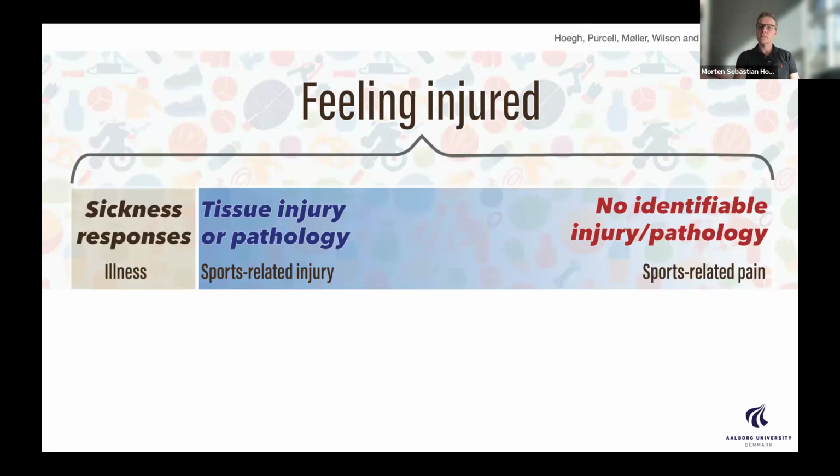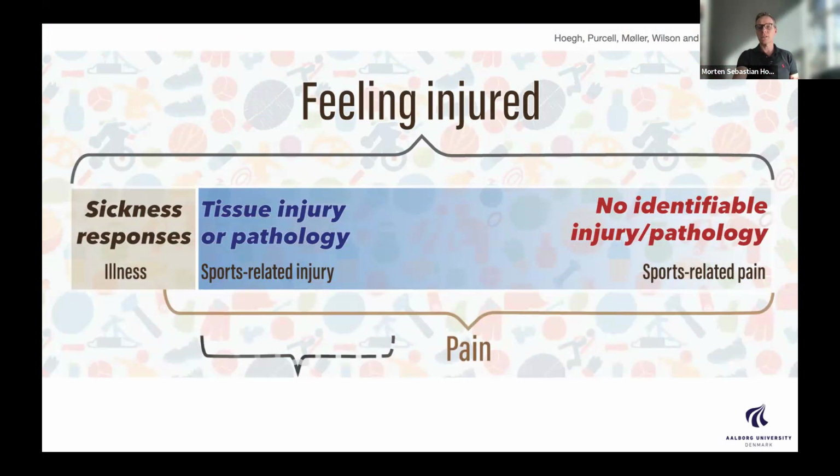But in all cases, an athlete in this case would feel injured. So the perception of being injured is tied into having these emotions. But interestingly, that does not necessarily correlate with being in pain. So you can feel injured and have an illness response like the flu. You see that when you look at the Olympics, for instance. A rather big percentage of those who are injured during the Olympics actually suffer from illness responses rather than tissue pathologies. And within those who have pain, again, we see there's a broad spectrum from having pain with pathology to